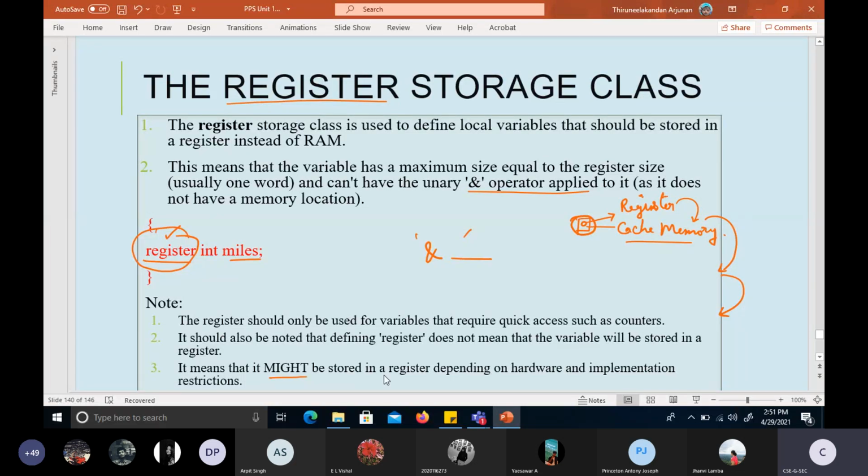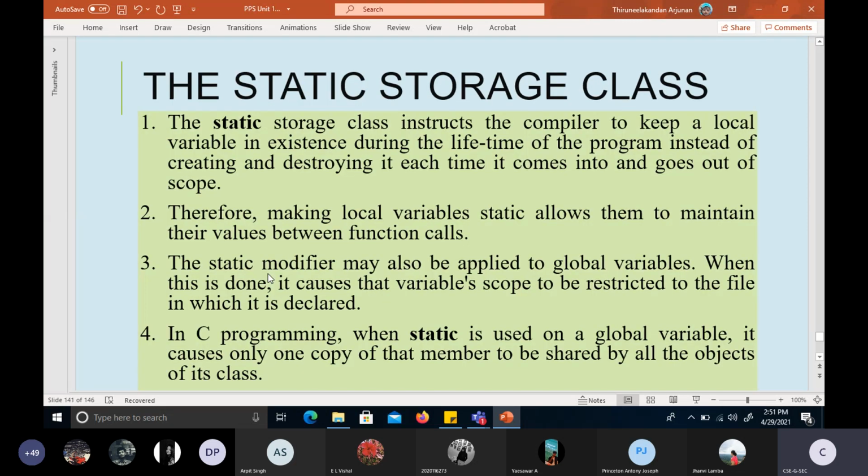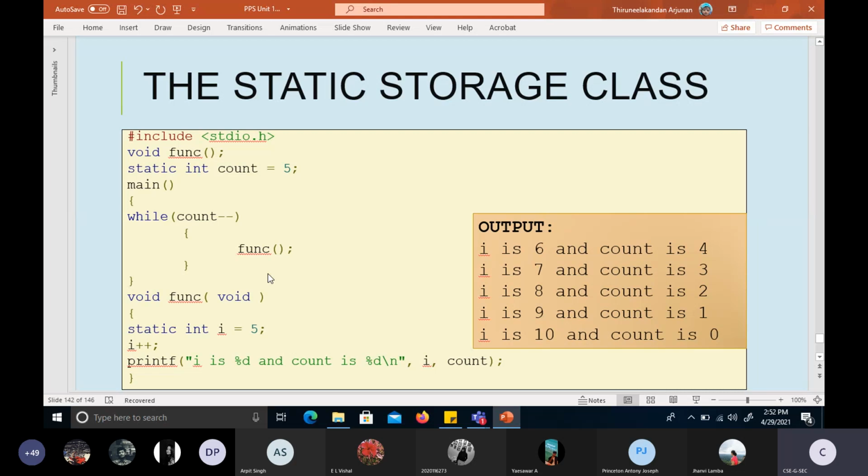See, both these auto and register variables are not a big concept, we only need to understand their history. But often in competitive exams as well as university exams, only these two storage classes, static and external, will be confusing us too much. Let's not understand it in a theoretical manner, we will understand directly by taking a program.